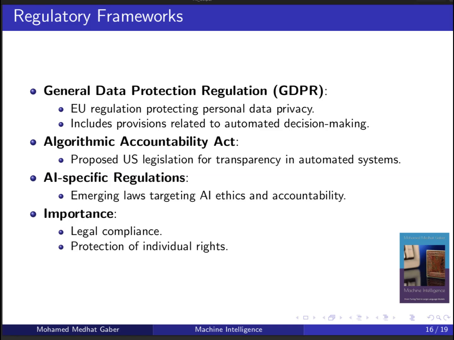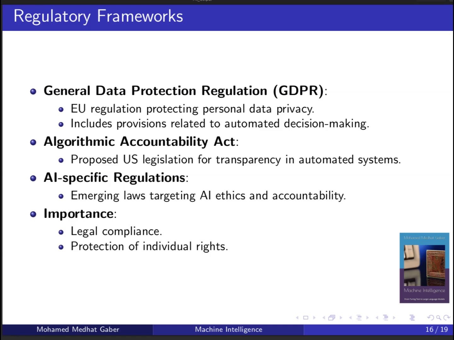In the United States, legislative efforts such as the proposed Algorithmic Accountability Act aim to increase transparency in automated decision-making systems. This act would require companies to assess and mitigate risks associated with their AI systems, especially those that could result in biased or discriminatory outcomes. By mandating regular audits and impact assessments, such regulations strive to hold organizations accountable for the ethical implications of their